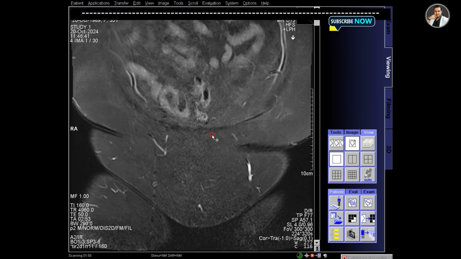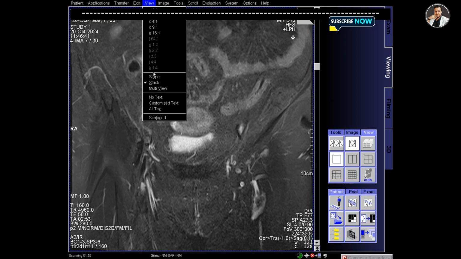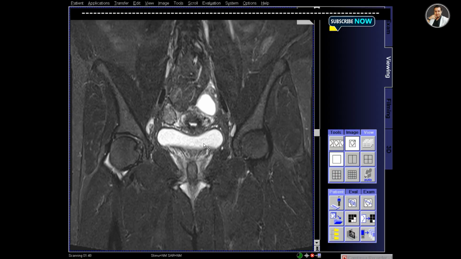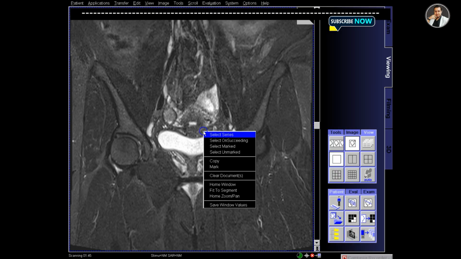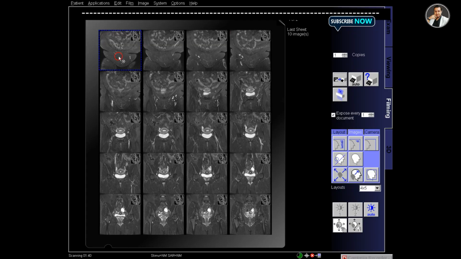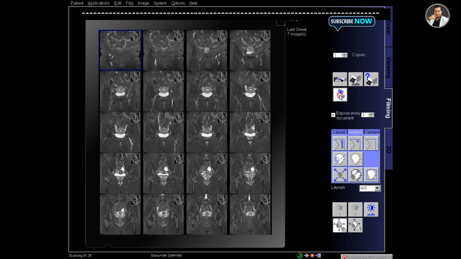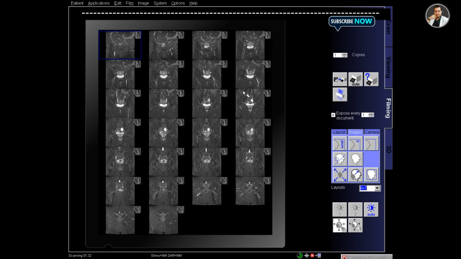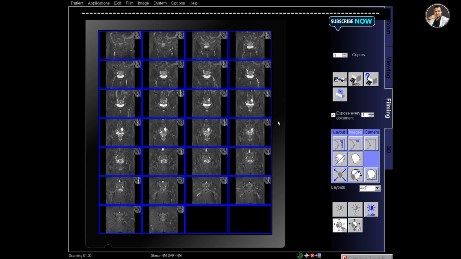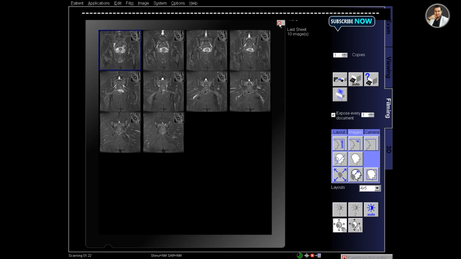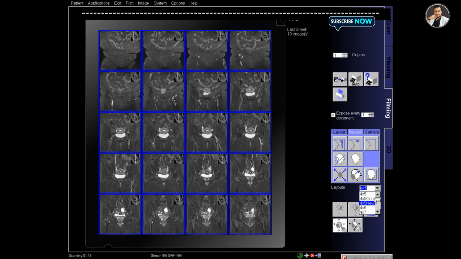and print. So this is a T2 STIR coronal or TIRM coronal. In Siemens MRI, STIR is called TIRM. Select the series and send it to the film. Again, I'm selecting the series and send it to the film. And select the folder.